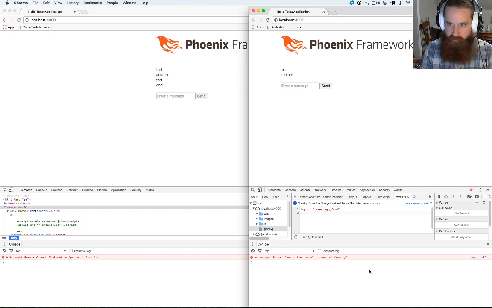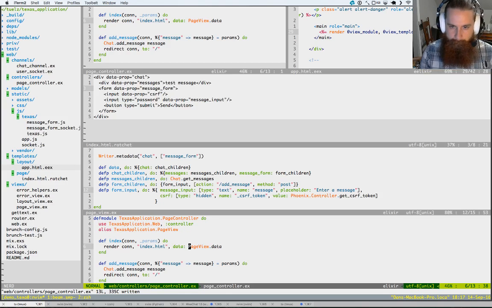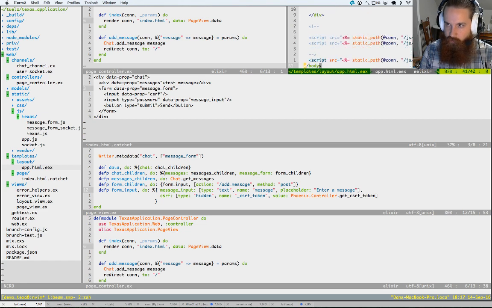Texas comes into play by making this real time. As you can see right now, this is not updating other clients, not broadcasting out messages whenever you save them, so we'll change that. Texas is going to write our JavaScript for us. So it's actually already done that. I have just not included the JavaScript. Right now it's commented out. So I'm going to